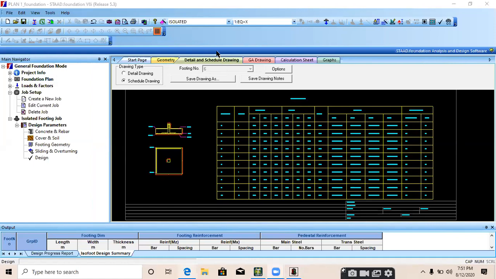Any doubt again? If you don't have doubt, then shall I end the session? Sir, is it compulsory to provide top reinforcement? I was seeing some drawings which had only bottom reinforcement. Yes, if the load is very low, and we are designing only one or two floors, then there is no need to provide top reinforcement. But good practice is to provide both top and bottom reinforcement. In very big structures, we provide both top and bottom.